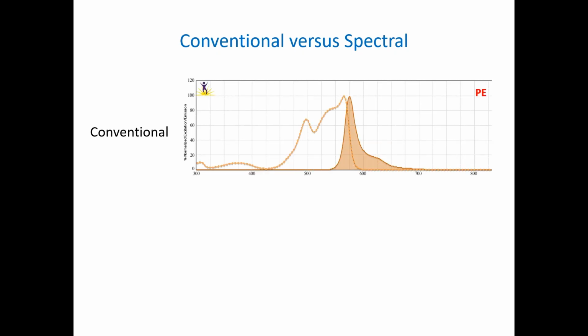A conventional flow cytometer, which is what we've been looking at up till now, will measure the light excited by the fluorochrome's main laser, and the emission is collected in one detector through a bandpass filter corresponding to the highest part of its emission peak off of that laser. Here, PE is best excited by a 561 laser and measured through a 585/40 bandpass. It can also be nicely excited by a 488 laser, although as there is less excitation, its emission will be